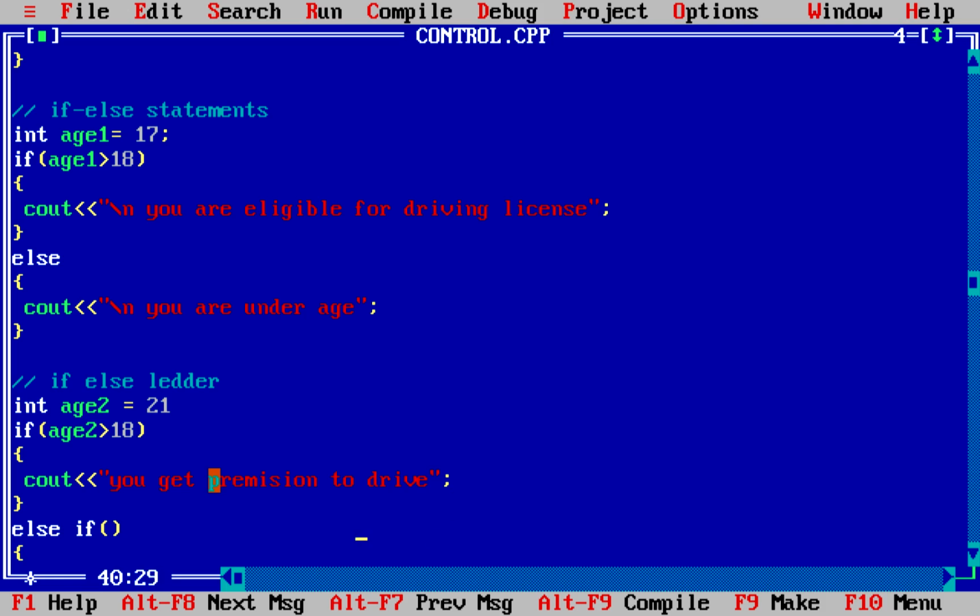Else if age2 is greater than 15 and age2 is less than 17,